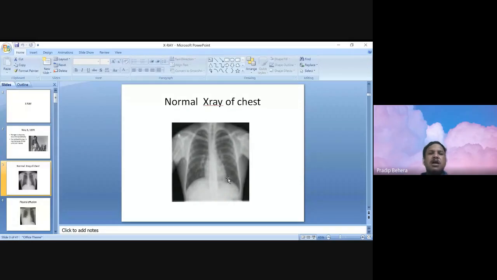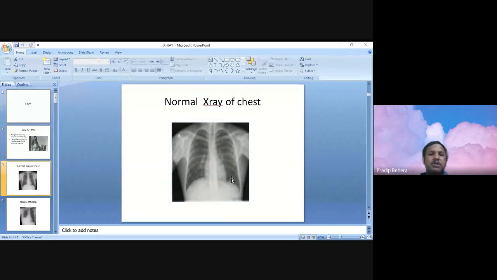Next comes the apex and the cardiophrenic angle. Normally, when the apex is due to the left ventricle, this cardiophrenic angle on the left side becomes more acute. If it is due to right ventricular enlargement, this becomes more obtuse. So this is one point where we know which type of apex it is, whether it is the right ventricular apex or the left ventricular apex.